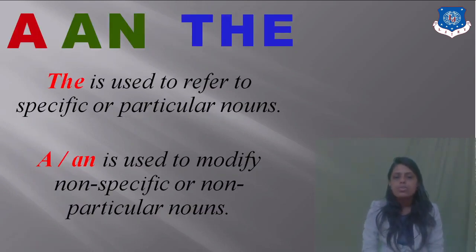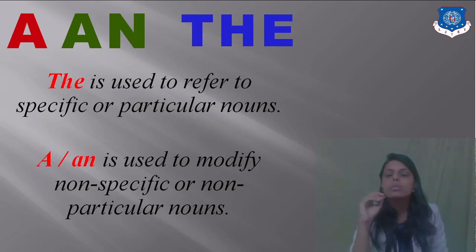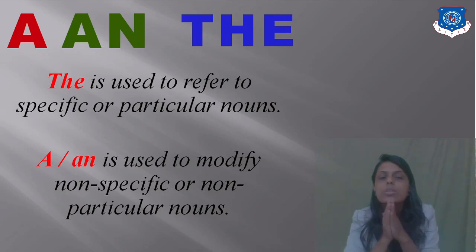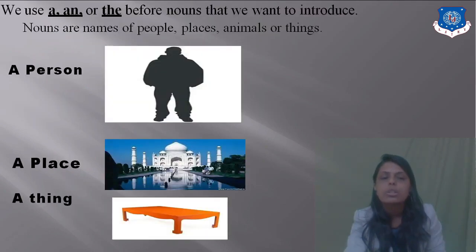The is used to refer to a specific or particular noun. So, when you want to address something specific, then you utilize the. And when you want to modify a non-specific or non-particular noun, then you can utilize a or an. So here you can see we use a, an or the before nouns that we want to introduce, like